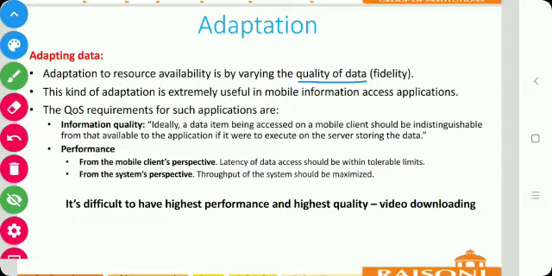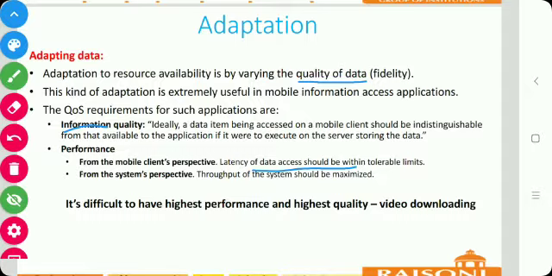So the quality of service requirement for such applications is information quality. So the data item being accessed on the mobile client should match the reference copy on the server, and in case of performance from the mobile client's perspective, latency of the data access should be within a tolerable limit, and from the system perspective, throughput of the system should be maximized.